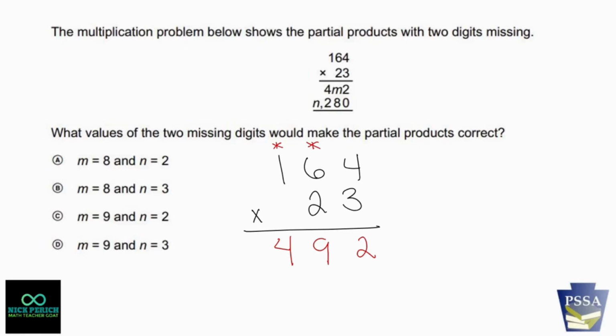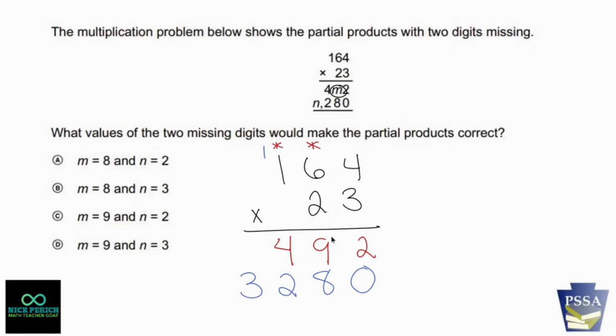Let's get a different color so we're nice and pretty. Whenever we do the second row for multiplication, include a 0 there and do the same exact thing. 2 times 4 is 8. 2 times 6 is 12, so write out the 2, carry the 1. 2 times 1 is 2, and 2 plus 1 is 3, so a 3 goes there. Now, I don't even have to add these up. That's not the point. The point is we have 2, and then we ended up with 492, which means that